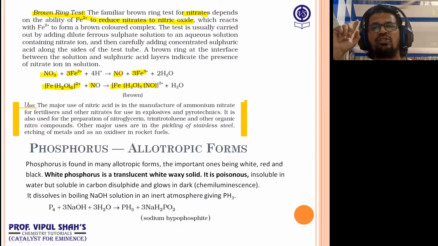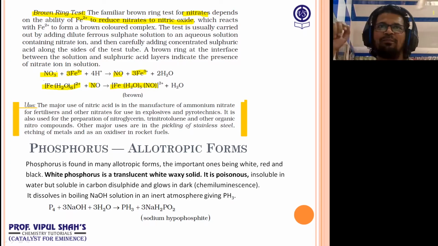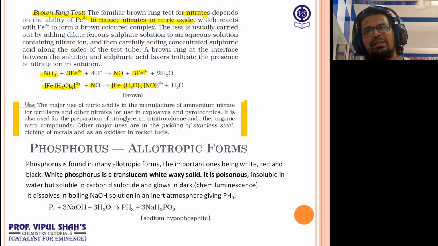Now the MCQ which is asked in JEE or NEET on this, listen carefully. [Fe(H2O)5NO]2+. What is the oxidation state of Fe in the complex? Anybody? Oxidation state of Fe in this complex. You can try. Okay. Normally people all say +2. The answer is not +2. The answer is +1.